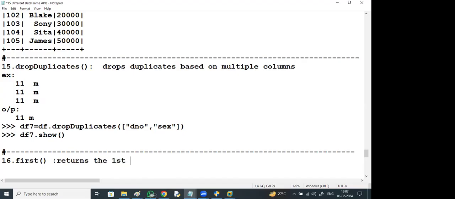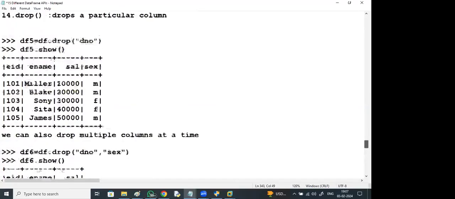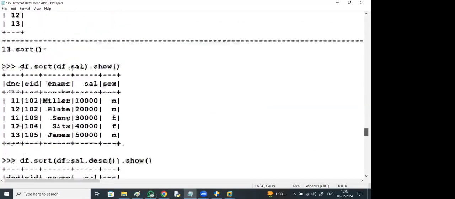Here, if you want distinct, can we use distinct instead of duplicates? Distinct on what? Distinct on department number. Yes, instead of drop duplicates, can we use distinct?